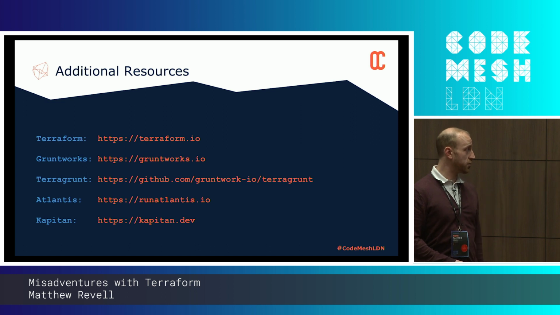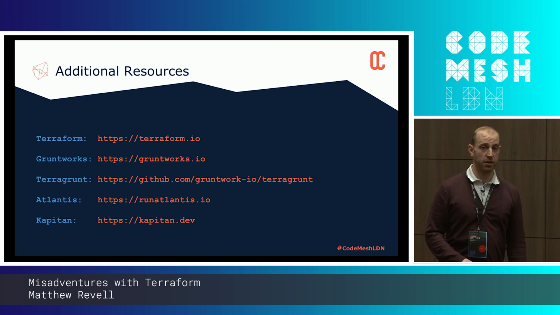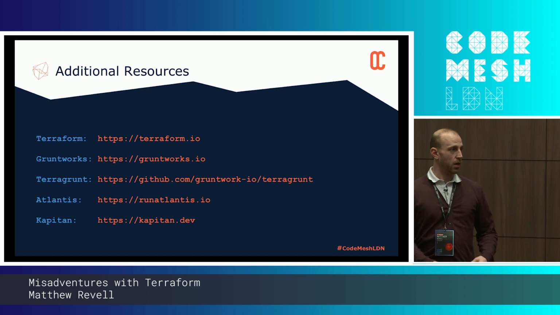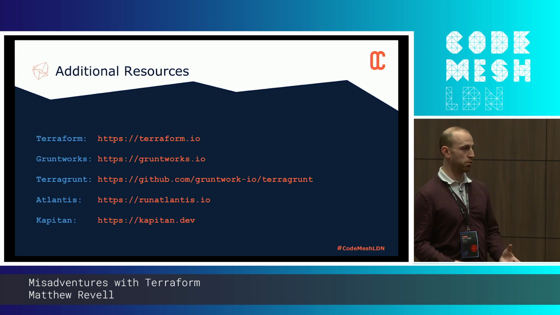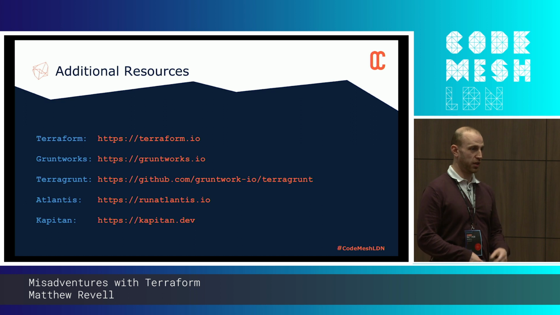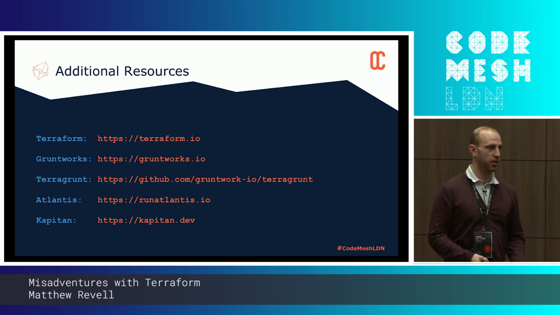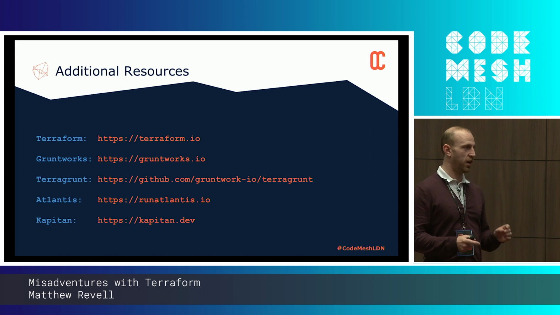Atlantis is a tool which allows you to use GitOps in your development cycle. Basically, you provide a PR. It then publishes the plan, so your plan becomes part of the pull review process. So it can help you catch some errors. If you have got some of these mistakes going on, hopefully you've got a few more eyes on it. You're not just blindly and happily running it and then raising a PR before someone gets a chance to say,